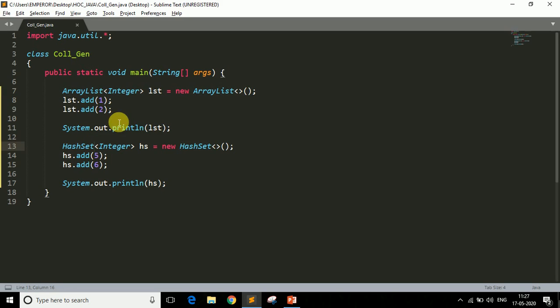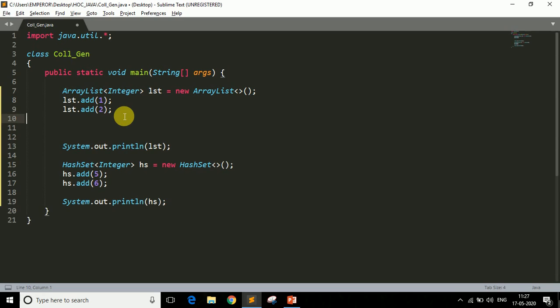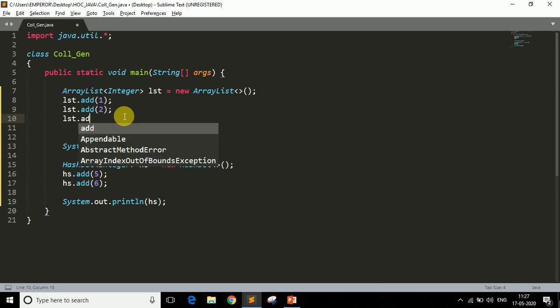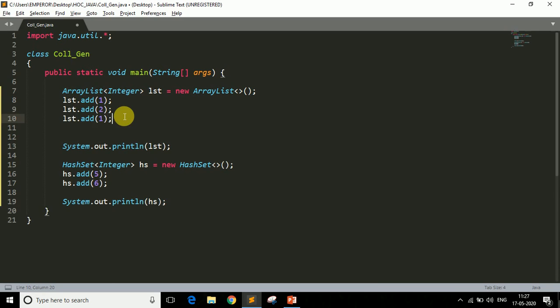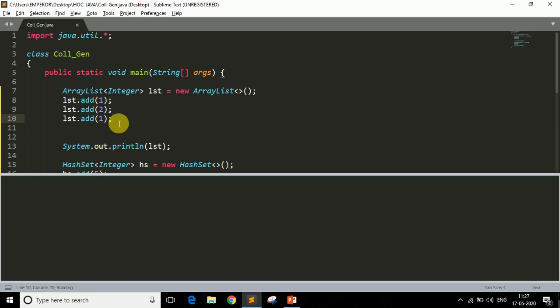Now what do I mean by that? The first point is that the ArrayList can contain duplicate values. Let me show you. If I add 1 again here, as you can see 1 occurs 2 times, so it is duplication of data. If I run the program, we got 1, 2 and 1 again, so it can contain duplicate data.